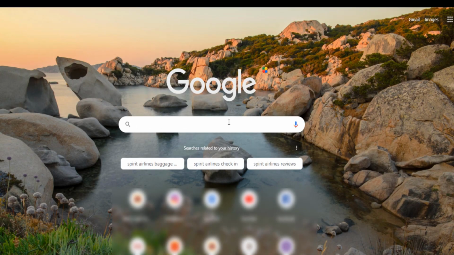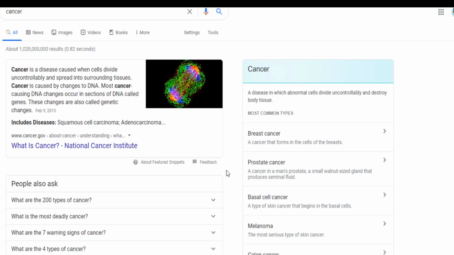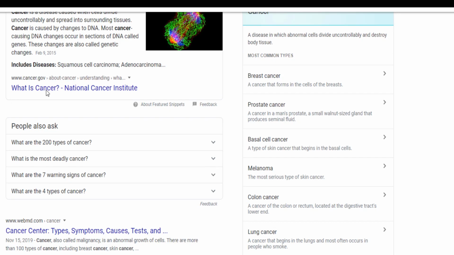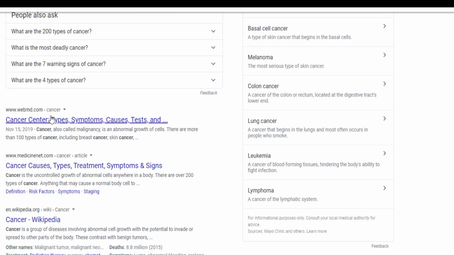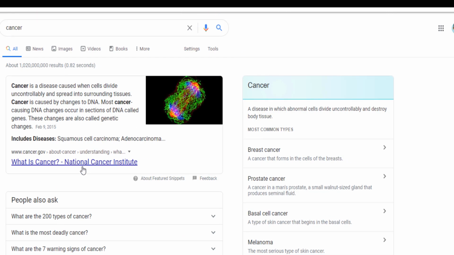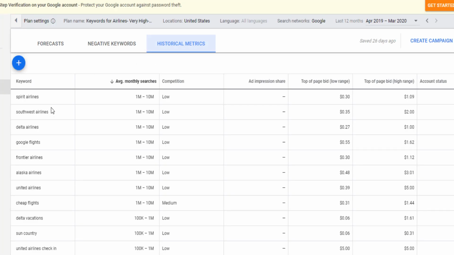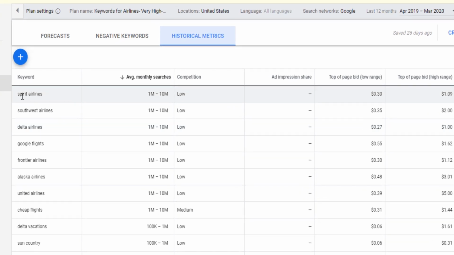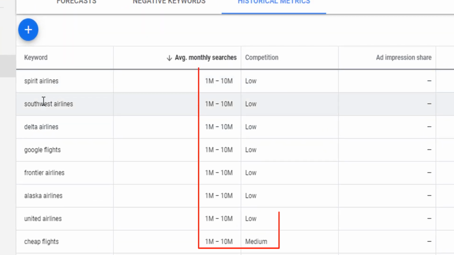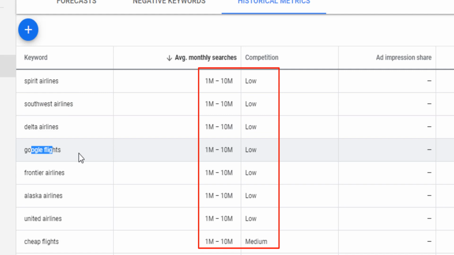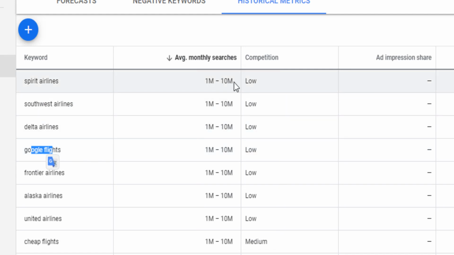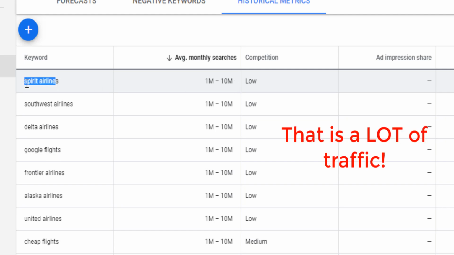Suppose this is about, for example, if you type cancer, the first article is about cancer. What is cancer? And then there's maybe 1 million people searching cancer per month. Or perhaps you've done your keyword research with Keyword Planner, and you've realized that, for example, Spirit Airlines, Southwest Airlines, Delta Airlines, Google Flights, they all have 1 million to 10 million searches per month. A lot of people are searching these keywords. So imagine